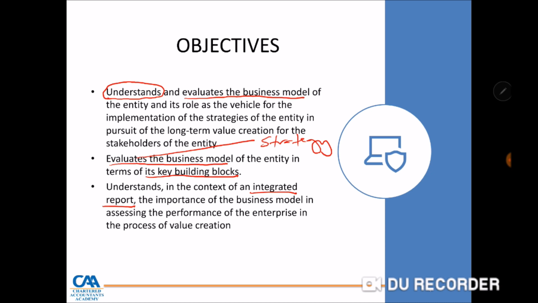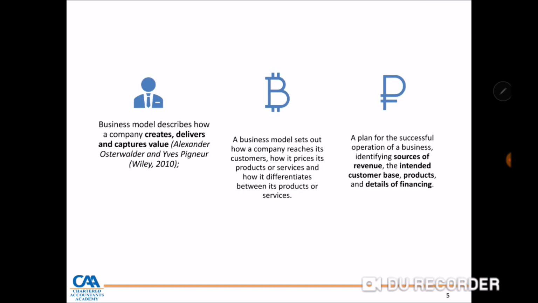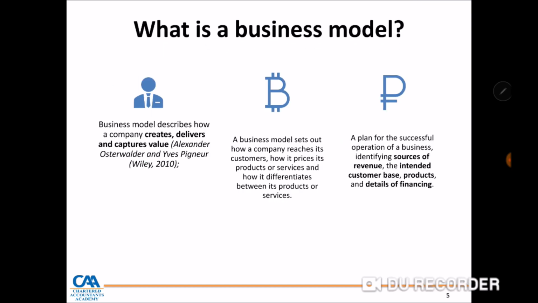So the most important thing here, before you do anything, is to imagine you are the CEO of Econet or the CEO of Zimplats. The first thing you need to do as a new CEO of that company is ask: do I have an understanding of Econet's business model? Do I have an understanding of Zimplats' business model? From there you can be in a better position to interrogate its strategies and drive its corporate strategies. So the question is, what therefore is a business model?